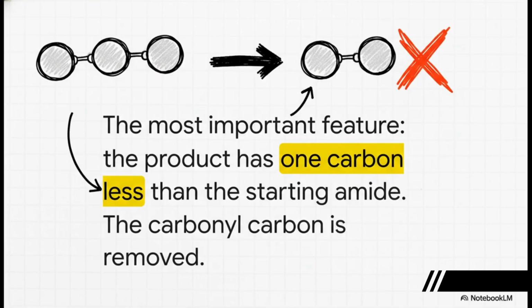And now for the Hofmann reaction. If you remember one thing about this, it's the 1 carbon less rule. You start with an amide, and the amine you get as a product has 1 fewer carbon atom. Bam, it's gone. Why? Because that carbonyl carbon gets ripped out of there. So on your exam, if you see a reaction where the carbon chain gets shorter, your brain should immediately scream,